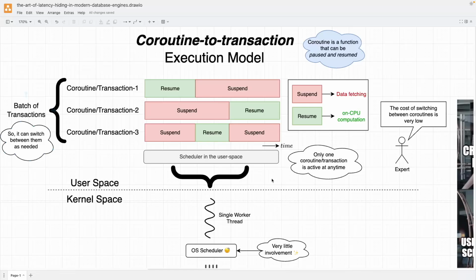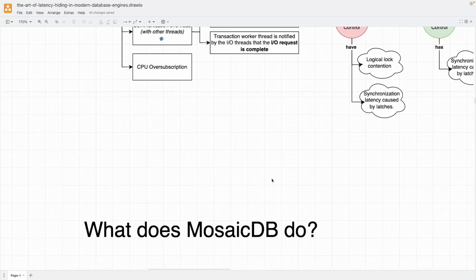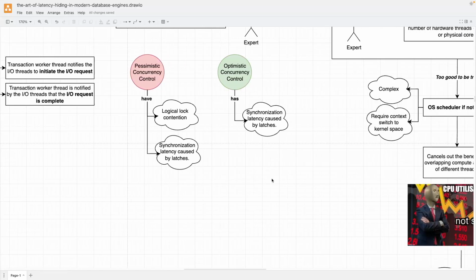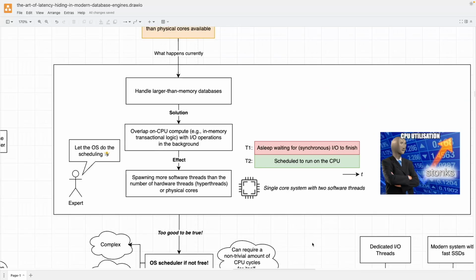Got it. So that's a very, very good question. The interesting thing is that many database engines today, which are commercially available, or even the free and open source ones, actually use the approach that you mentioned. They spawn multiple threads and they use the OS scheduler to schedule these threads. But the problem with this approach that the authors note, which is a very grave problem, is that the OS